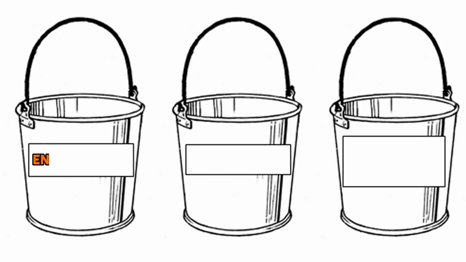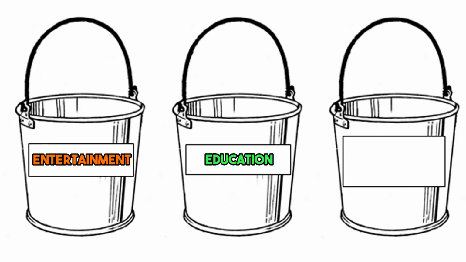Step number one, decide what kind of content you want to create. It needs to be within one of these three buckets. Number one, it needs to be entertaining. Now, if you're like, Phong, I have no personality, I'm not entertaining, then all good, you can do the second bucket, which is educational. Educational is where you're literally educating the audience. The third bucket is a combination of both. If you're entertaining and you have something to teach, you can combine the two.